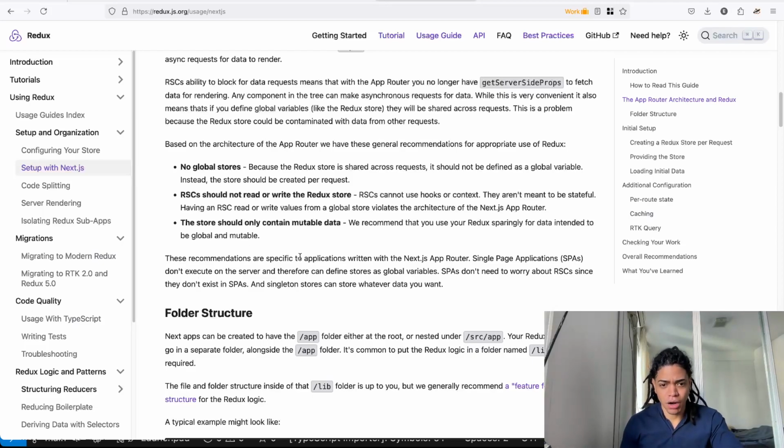So these recommendations are specific to applications written with Next.js App Router, single page applications. Exactly, specific to this particular architecture. Single page applications don't execute on the server and therefore can define store as a global variable. I think this is something important to mention, because if you're creating single page applications, this particular approach, discard it. Doesn't matter. But if you're going to go with us